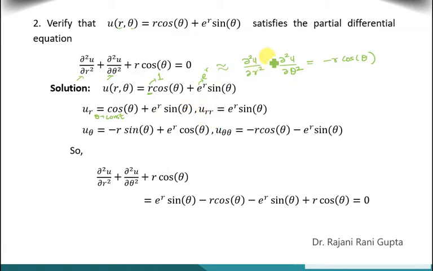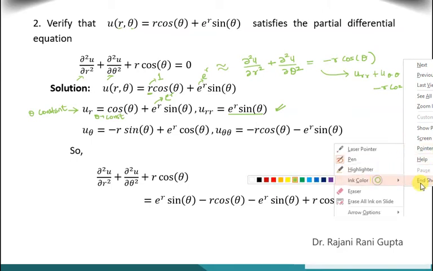Now after that, since here we need the second derivative, you can also write it as u r r plus u theta theta is equal to minus r cosine of theta. Okay, so u r r means now you are differentiating this again by considering theta as constant. So here, as theta is a constant, there is no term, it will become 0. And here you have e power r, the derivative will be e power r sin theta, the same. Okay, you got this term.